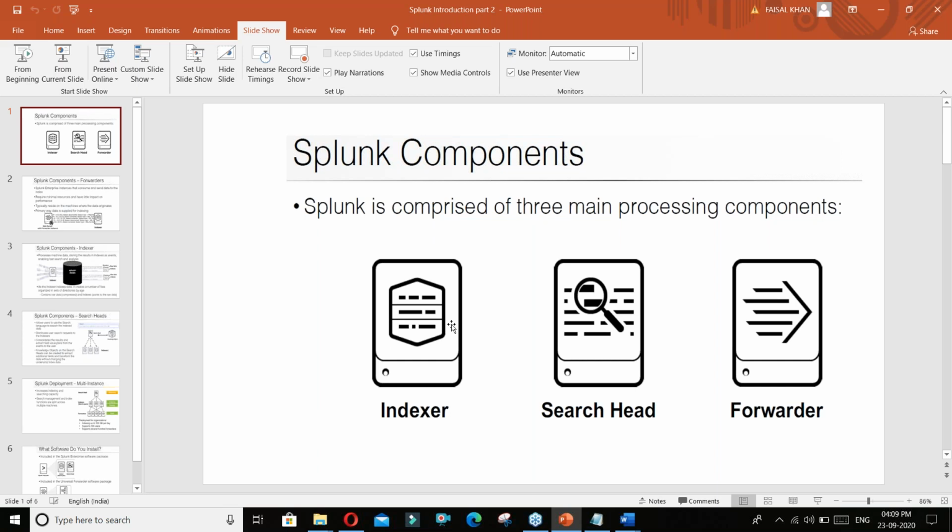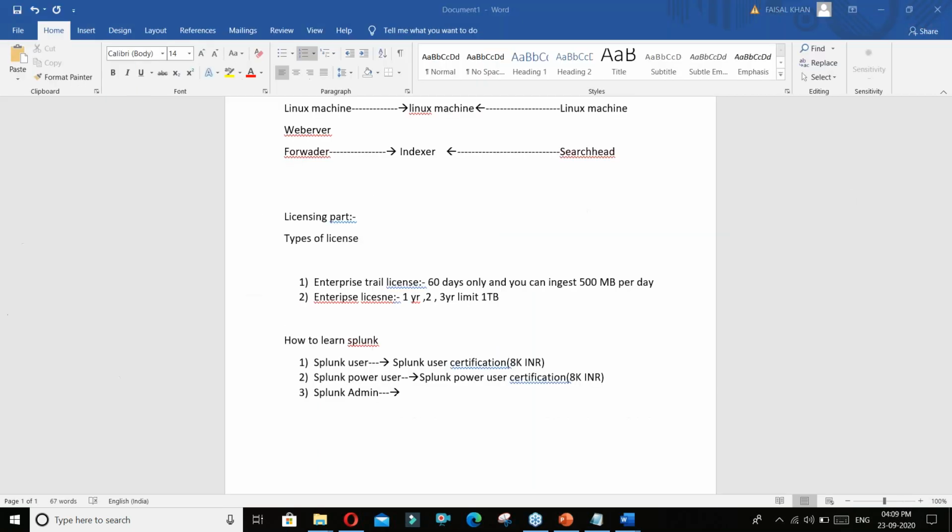And when we are talking about certification, again we have the Splunk admin certification, and again it is 8K, the standard amount. It is less, right? All these certifications are MCQ, multiple choice questions, you will be seeing. And if you move ahead, Splunk has released some advanced courses also. There is Splunk advanced power user. You can check their website, you will see all of them.